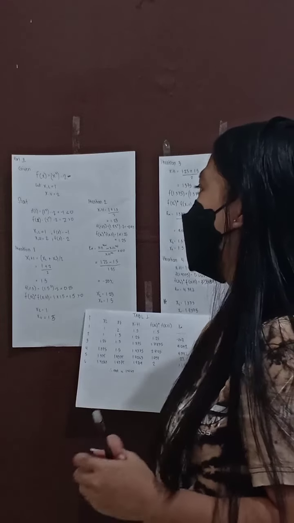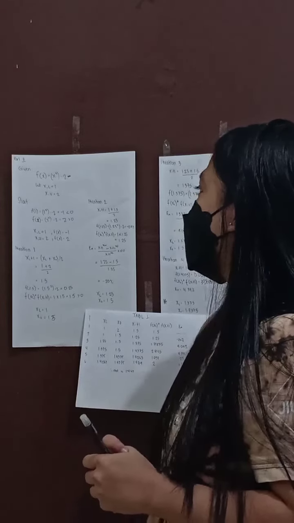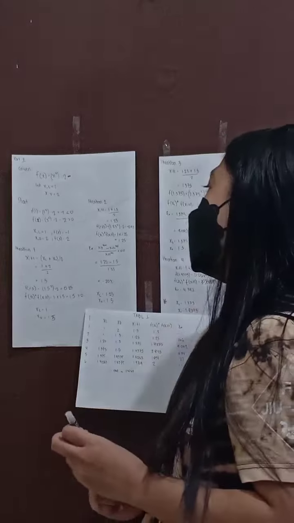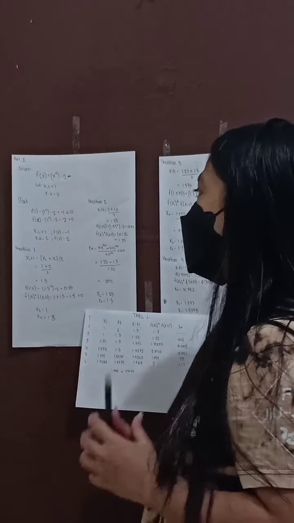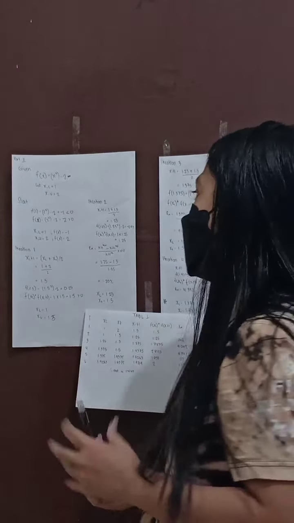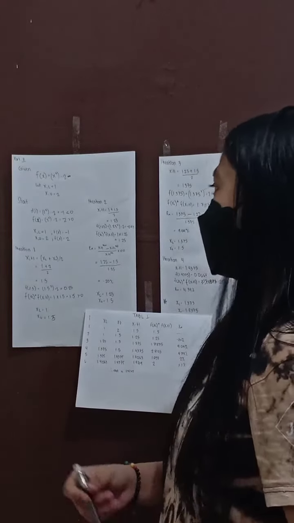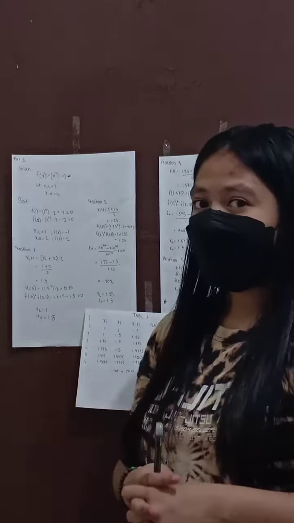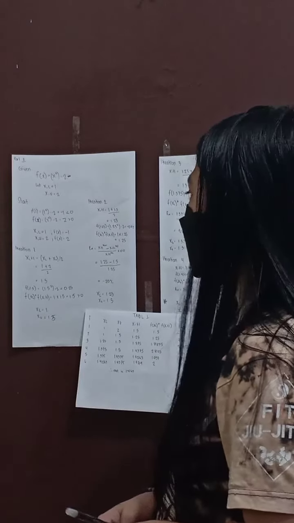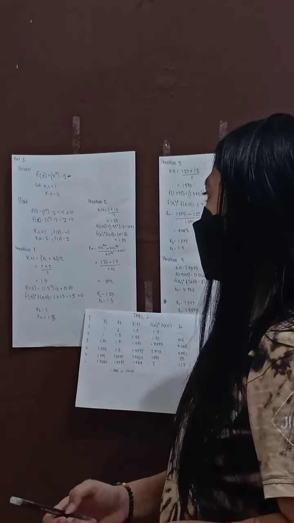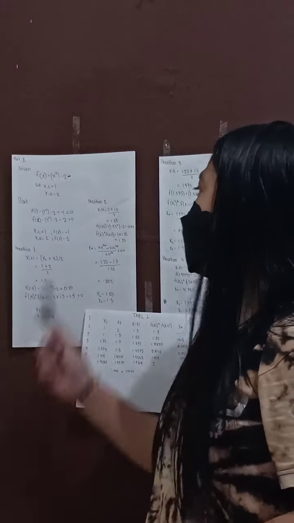So start first with the equation. f(1) equals 1 squared minus 2 equals negative 1. Then f(2) equals 2 squared minus 2 equals 2. So xl equals 1, then xu equals 2. f(xl) equals negative 1, f(xu) equals 2. So first, we're going to solve the